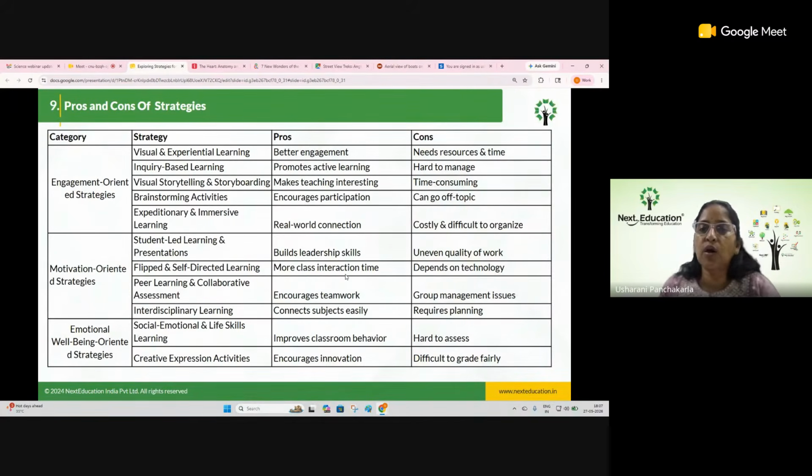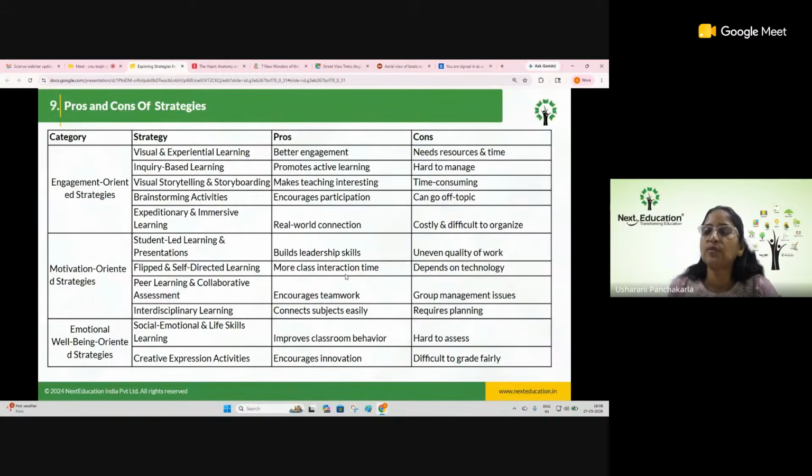Now coming to the pros and cons. The pros we have already seen in the prior slide and in all the slides. Coming to the cons, the first and foremost, which most teachers would say, is not having enough time. Yes, does everyone agree with me? Yes, right, true, I do understand. For that, instead of starting it at every period or every session, do it at a chapter level. So in a chapter, you can spare one period for it.